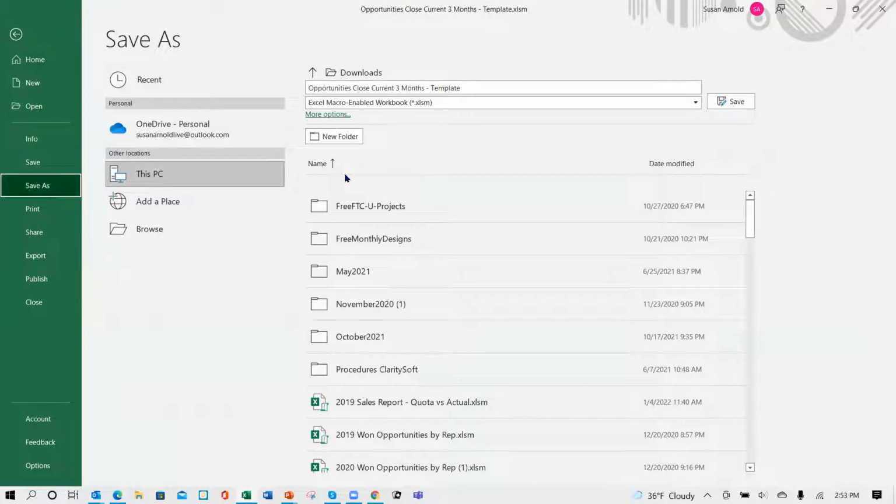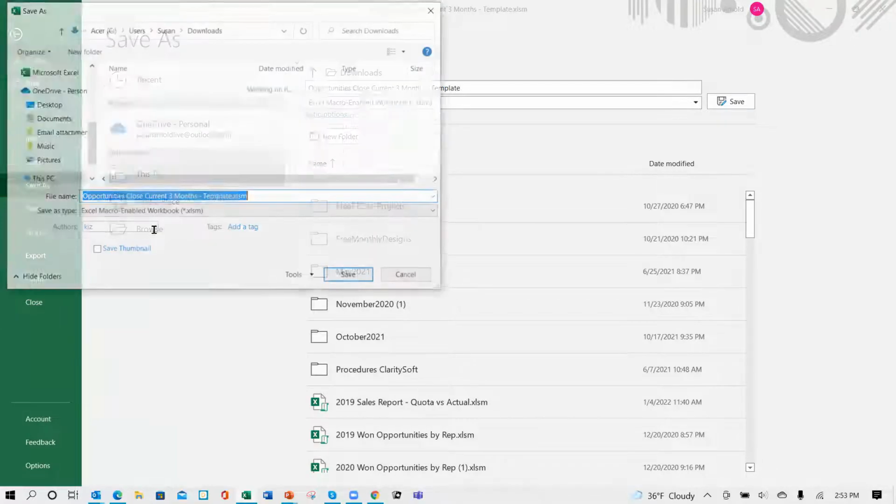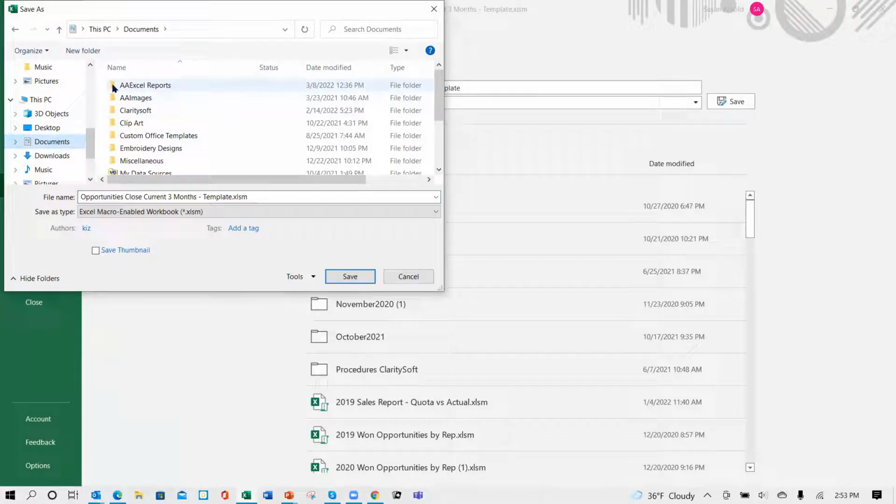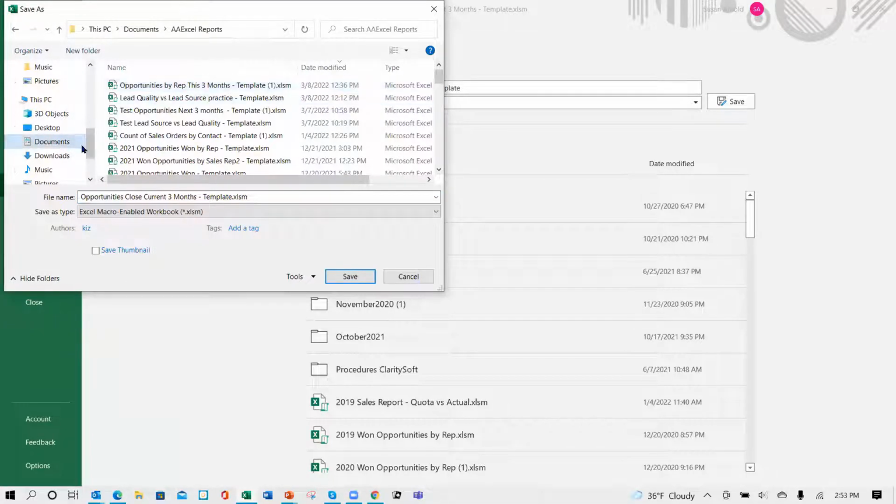And we'll see if we can make sure we do it the right way this time. Wasn't paying attention last time. So this is in your downloads. So everything lands in your downloads. That's why you need to go save it somewhere else. So this is opportunities by rep,